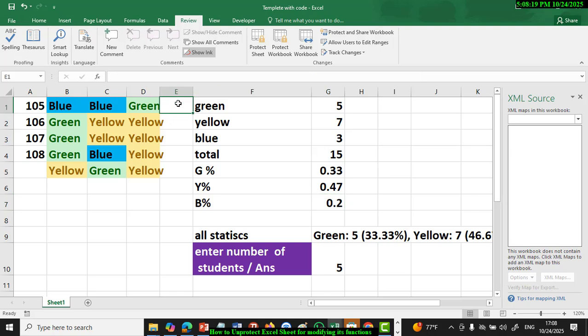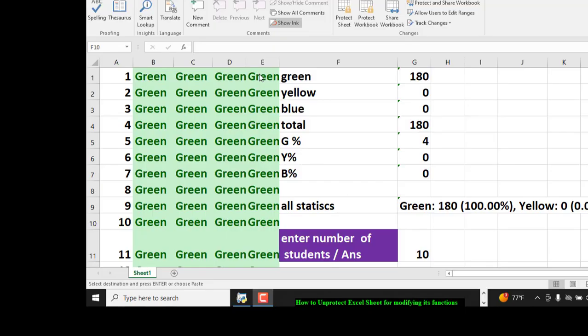Now we need to do this or that one. So now after modifying all this,